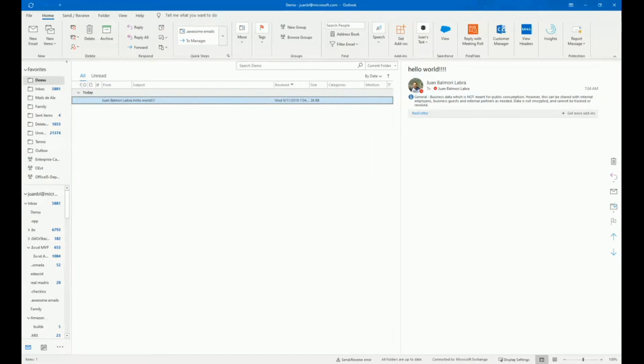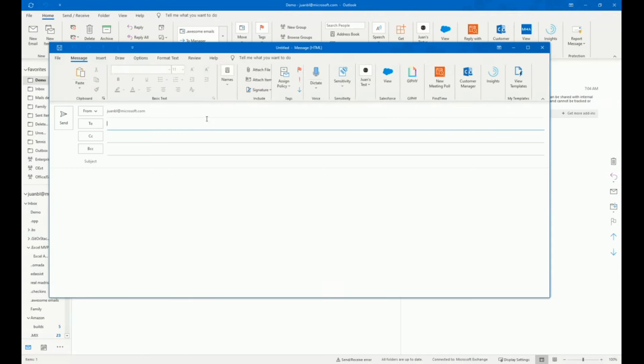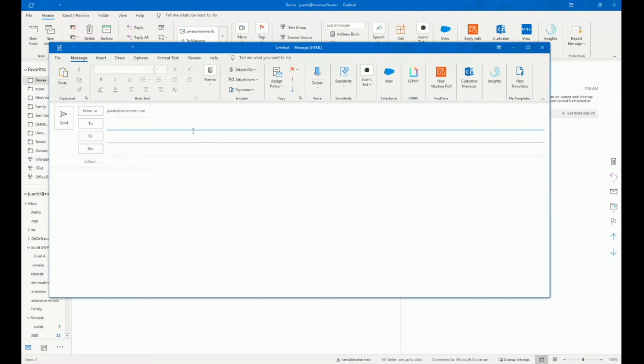Now, this is something that many of you have asked us to do, and this is something that was available online. Now you can test it today if you install your latest build and use our tools. I'm going to show you in a second how to do it. I implemented a very simple demo here. I'm going to send an email to myself, and I'm validating the subject of the email. For example, if the subject is literally "don't send",